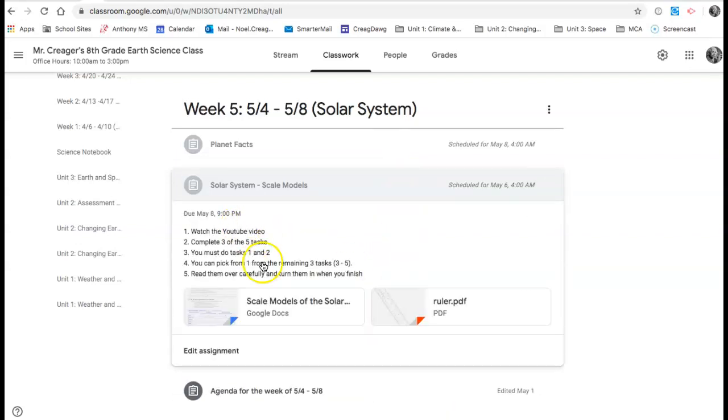You'll open it up. For this, you'll watch the video that I'm recording right now. Complete 3 of the 5 assigned tasks that I give you. You will need to do tasks 1 and 2. Everybody will. And then you can choose from the remaining 3 tasks to do 1 more, giving you a total of 3. There will be a link for the video along with a ruler if you need it, and then